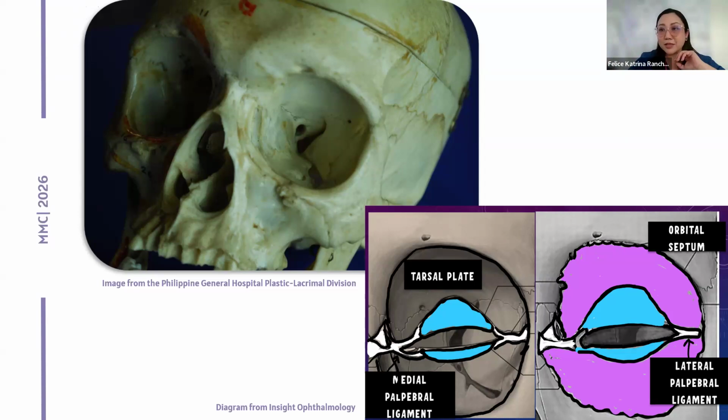So the same process happens in the upper lid, although the area is wider and the tarsus is a little higher. So the superior septum arises from the superior arcus marginalis, a thickening of the periosteum of the rim, and it sweeps downward to cover the fat pads, and then it inserts on the upper border of the tarsus. So as we can see in the lower right photo, the orbital space can be completely sealed off.